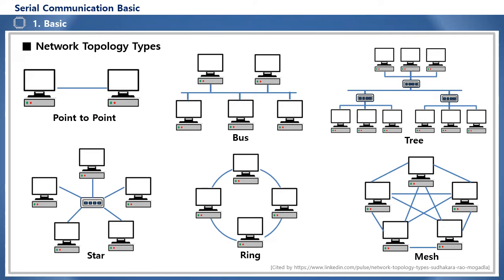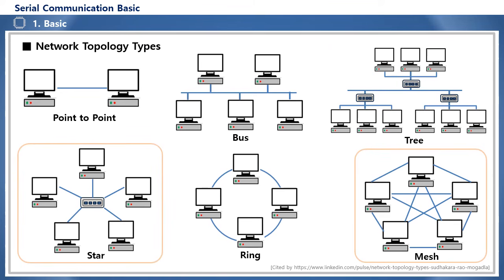Let's learn about various network configuration methods or topologies. Point-to-point means a one-to-one configuration method between devices, and cases such as RS-232 apply this point-to-point method. The bus method is a method in which multiple devices share a transmission path, and can be viewed as a multi-drop method. RS-485, Automotive CAN communication, I2C, and SPI communication use this method, and it is the most commonly applied network configuration method in MCU-based embedded systems.